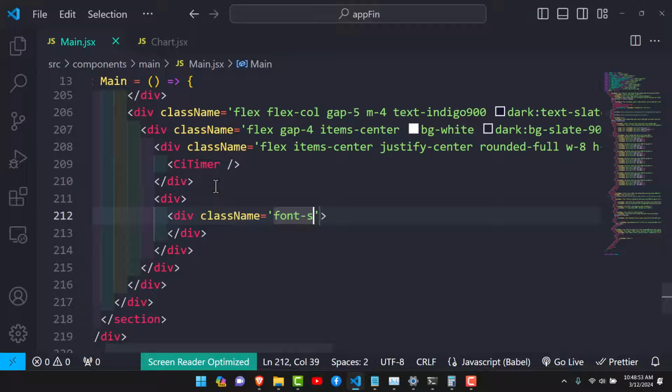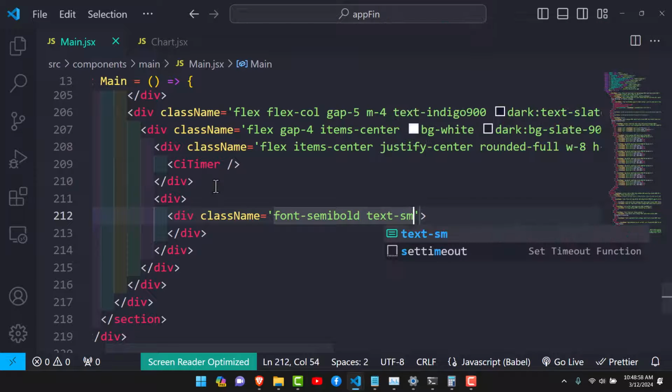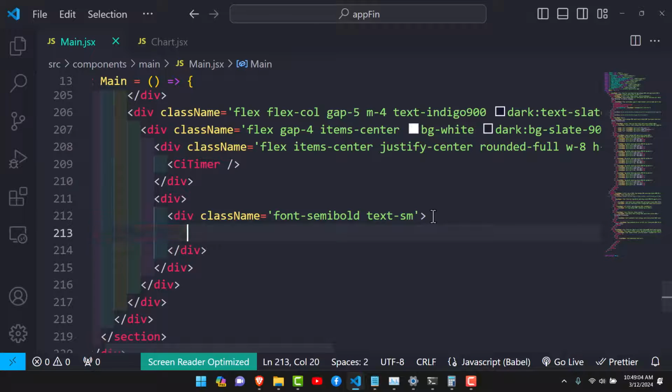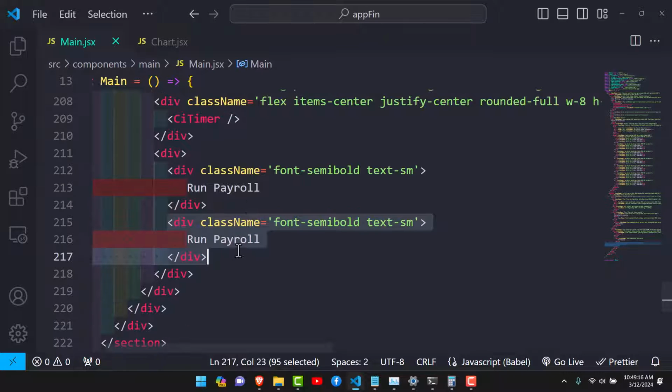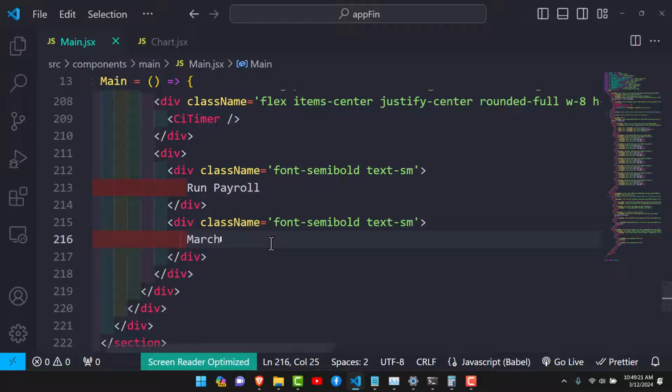So for the font, we give it a semi-bold with the text of small, and here we're going to have the text learn payroll. Sorry. So I'm duplicating that and I'm changing the text here to March 7th at 4:50 in the PM, and